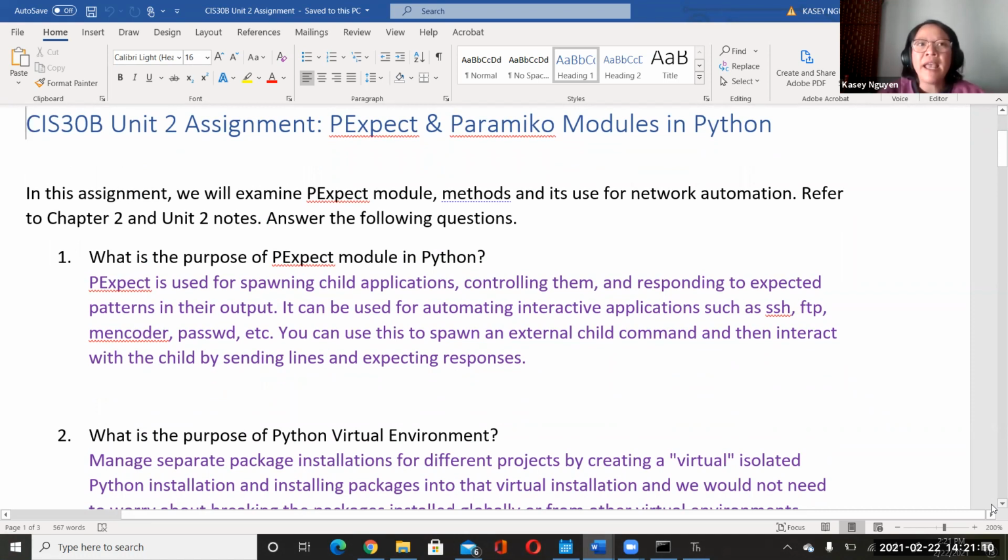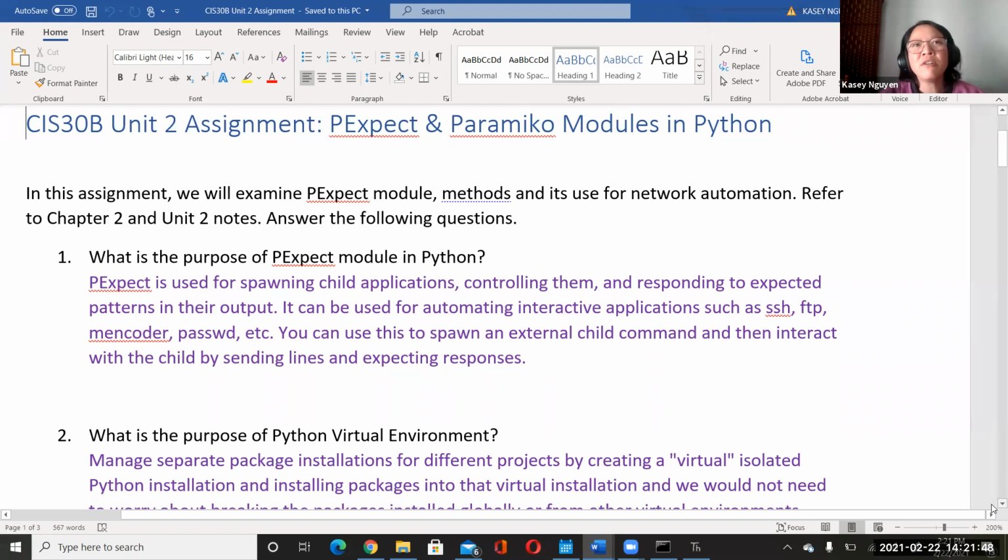Such that we can look for patterns like username, password, router name, switch name, IP address, etc. Then we can utilize the library to cut down the time and the work through automation, through our scripting. It can be used to automate interactive applications, especially with SSH, which stands for Secure Shell.